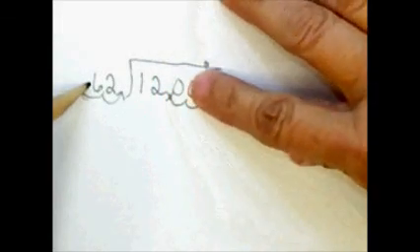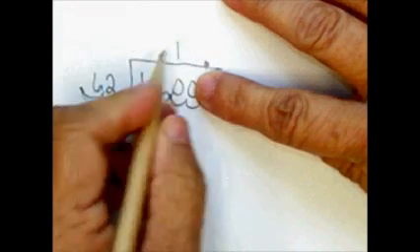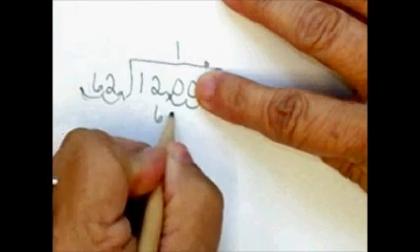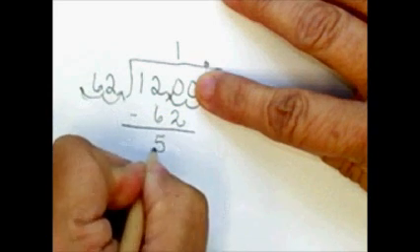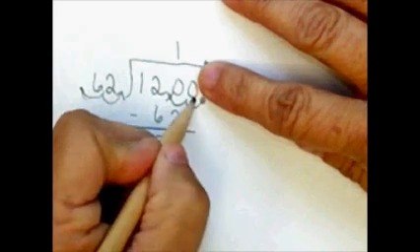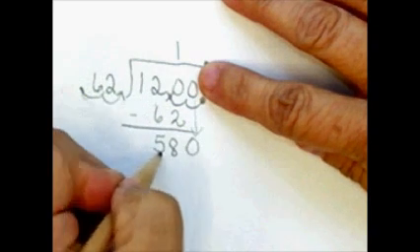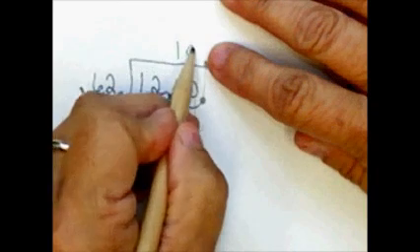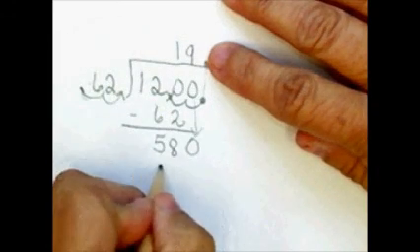So then 1 times 62 is 62. Okay, then I subtract and get 58. And I bring down my 0. So 62 into 580 goes 9 times. Then 9 times 62 would be 558. And then I subtract and get